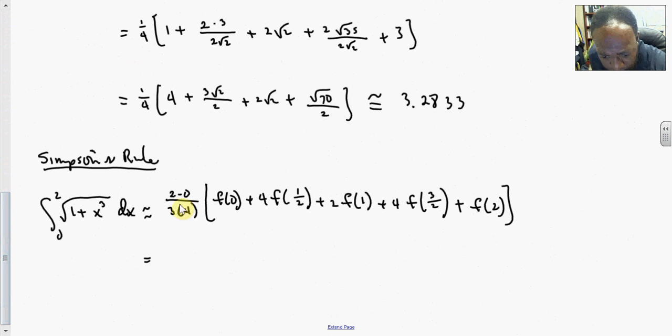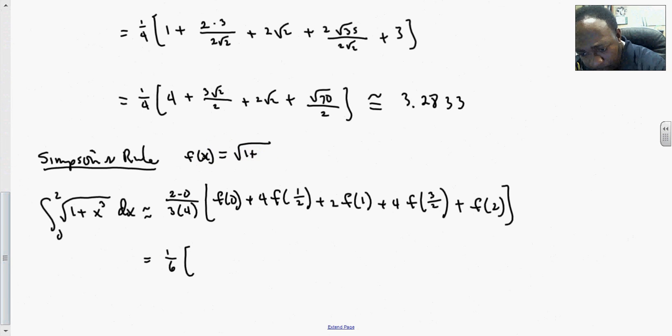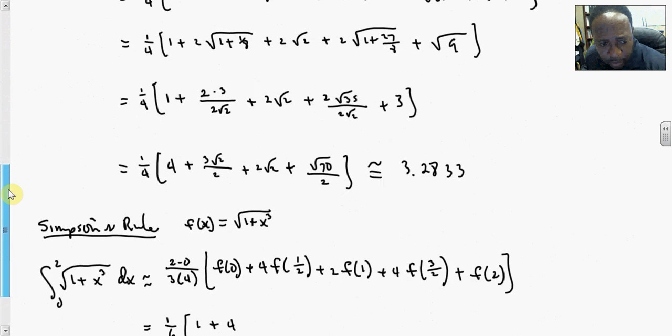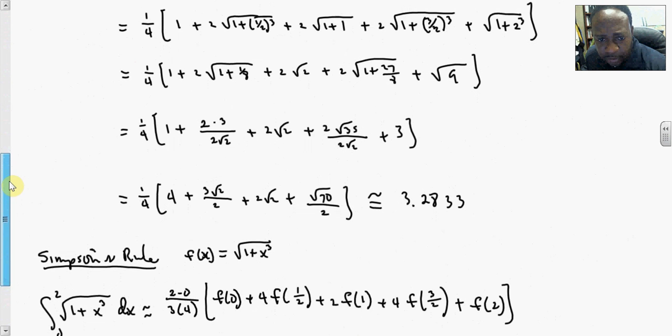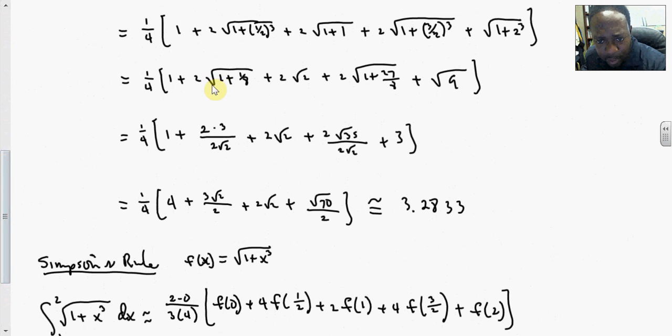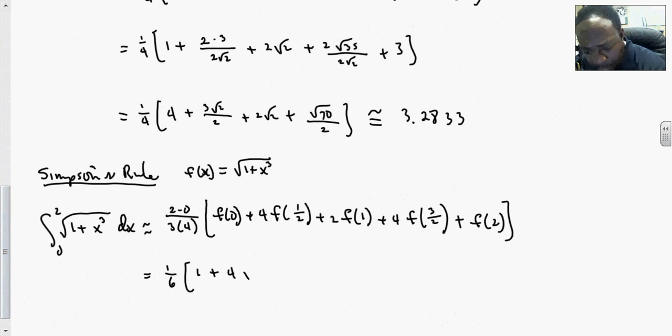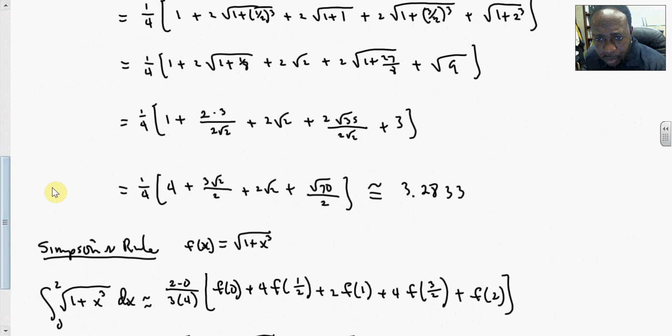This gives us 2 over 12, or 1 over 6, times, remember, f of x is the square root of 1 plus x to the third. If we plug in x equals 0, we get the square root of 1. It's just 1. Plus, the neat thing is, for the trapezoidal and Simpson rule, the function values are the same. So this is 4 times the square root of 1 plus 1 over 8, plus 2 times the square root of 2,